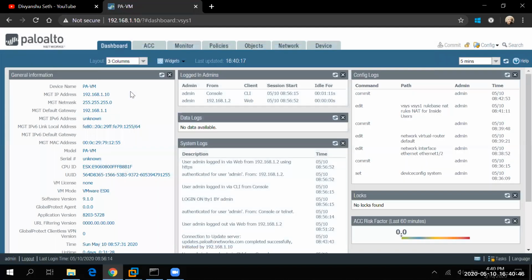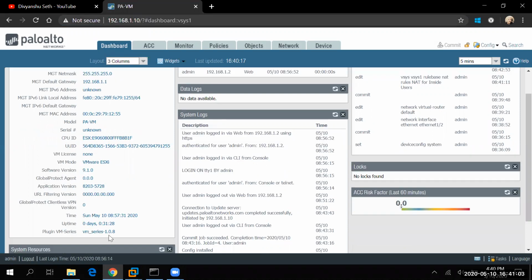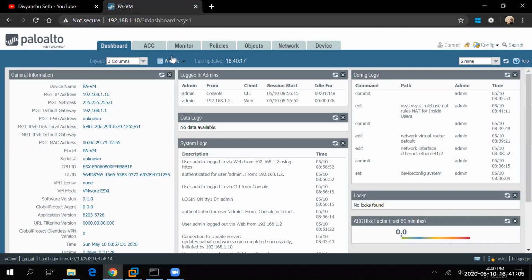This is the GUI where we are able to see some general information. This is a Palo Alto VM. This is my management IP. If you're able to see, I did HTTPS over this IP only. Moreover, this is the management CPU and data plane CPU.